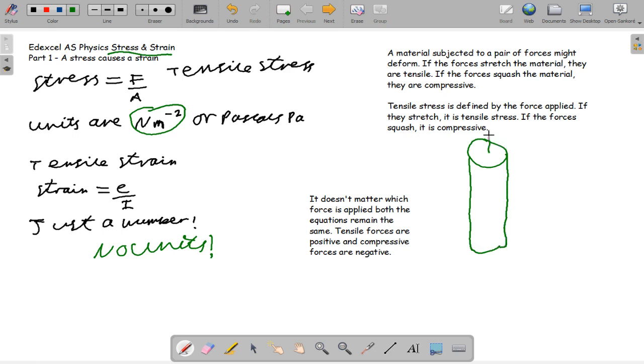Well, a shoddily drawn one. So this is the force F. Now, if you remember from the previous video, the extension brings about an equal and opposite force on both sides. So this is the extension E, original length L, and the cross-sectional area A. So compressive forces are what is pushing the cylinder back to its original shape, and tensile forces are positive as they are the force applied,